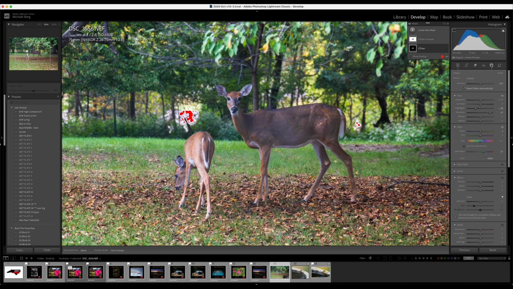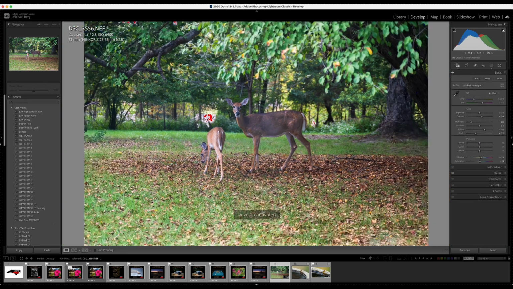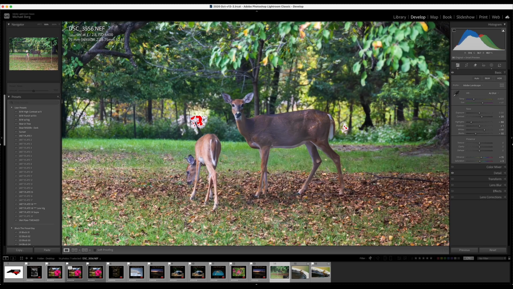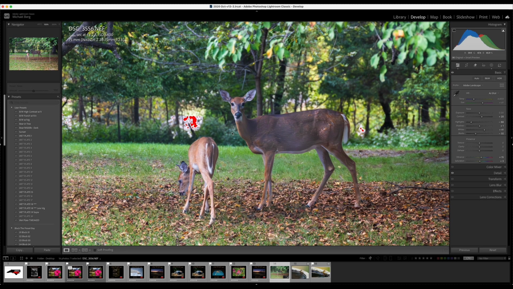And let's go ahead and close this. Let's go up and see what we got. Okay, that's looking pretty good. Let's see what kind of sharpness we have. The sharpness is okay. Looks like the focus might have been on this deer's booty, which means you lost a little bit of sharpness here. It looks like his ear's pretty good, but it looks like the eyes may need just a little bit of